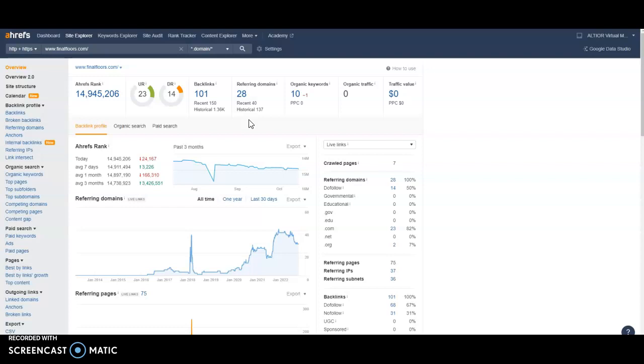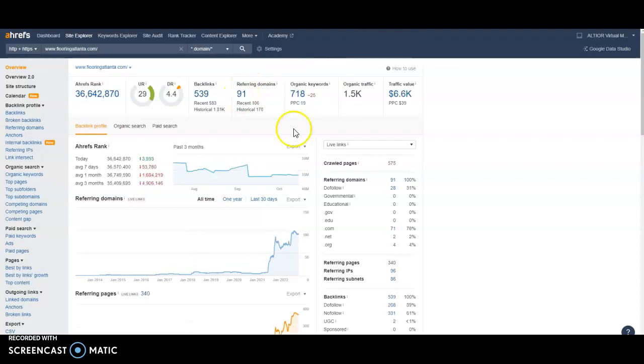Citations include directories like Yelp, Better Business Bureau, there's hundreds of others, and social media accounts also. But the idea is that your brand begins to be found by Google all over the internet. So the larger your online presence is, the more Google trusts you. And once Google sees you more often than your competitors, the more likely it is that you can rank above them. So you guys have 28 citations, and your competitor, Flooring Atlanta, has 91. So I don't recommend just matching this number. I would increase it to probably 200 or so you guys can start ranking in the Google Map Pack and also beat your competitors.